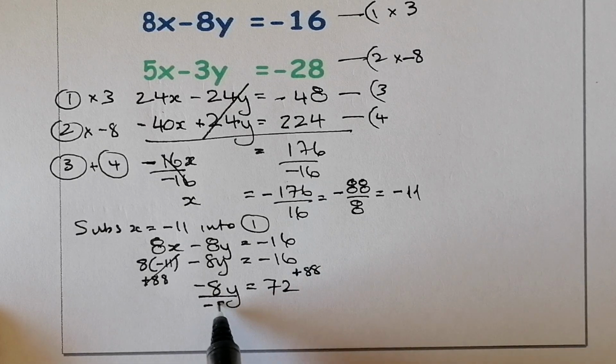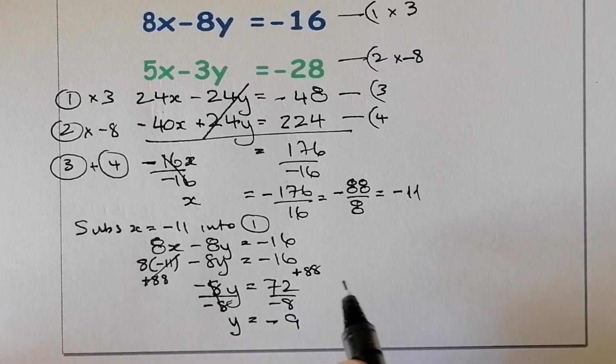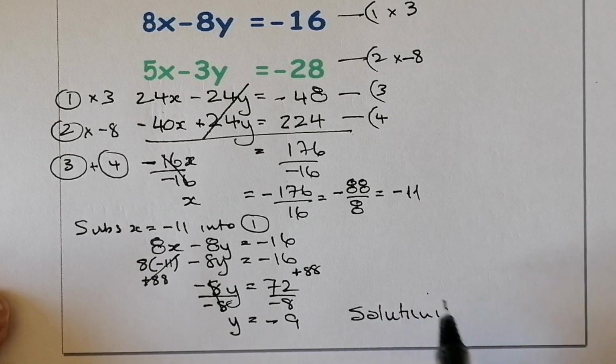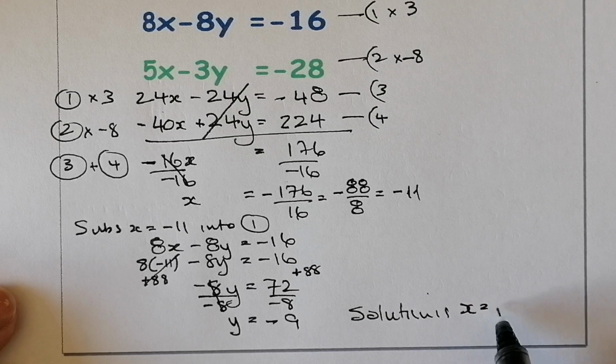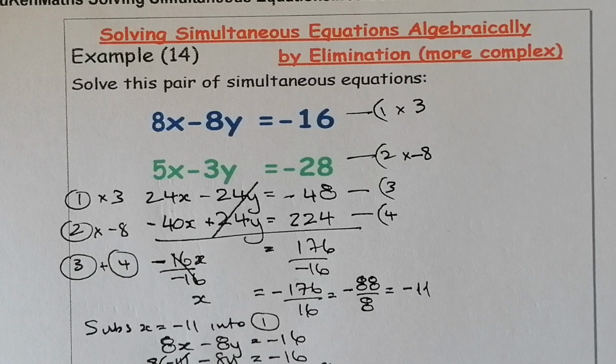I'll divide both sides by minus 8, and what I'm left with is y is equal to a minus 9. So I've got one negative at that side, so it must be a negative answer, and 8 goes into 72 9 times, so negative 9. So my solution is, and that's x is equal to negative 11, y equal to negative 9. Okay, so that's us kind of work through all of the questions that are here for working out